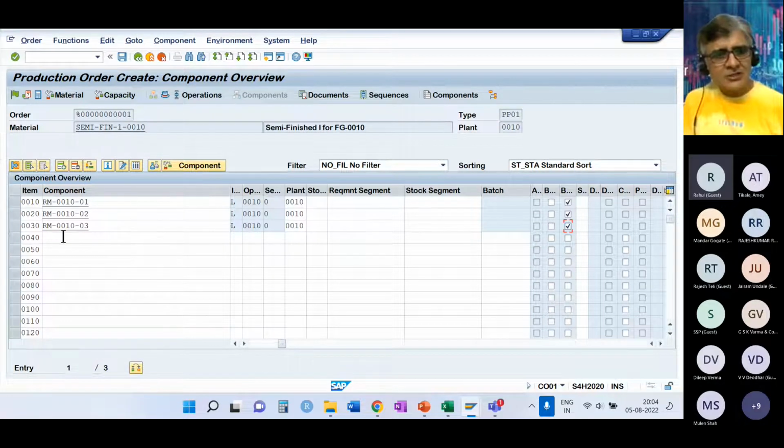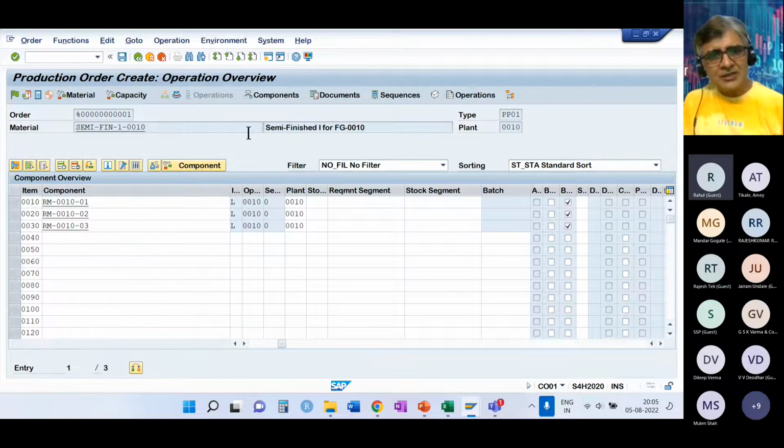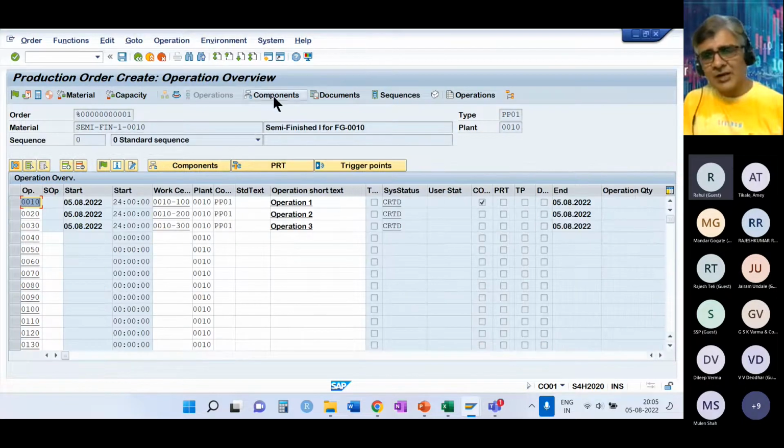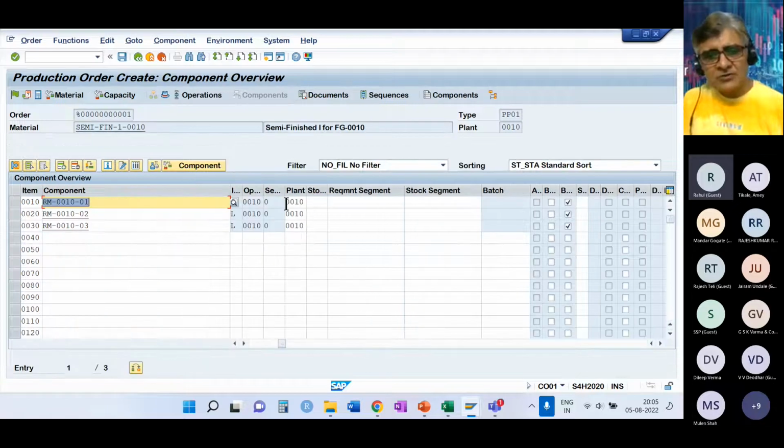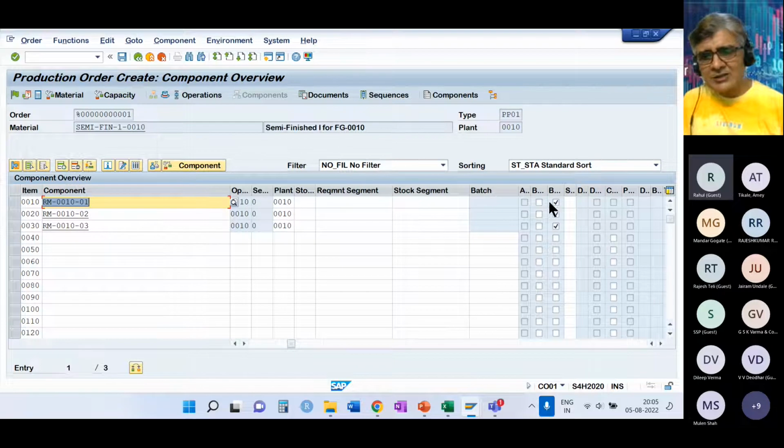You see this, I did not have to enter this material or the operations. It just got copied from the routing and BOM, which I had created for the purpose of standard costing. So I don't have to put in much effort. Even this gets copied from the material master, but I did not do it because I wanted to tell you about this functionality. Okay, so you don't really have to do anything here if you just set it up or do the configuration right.